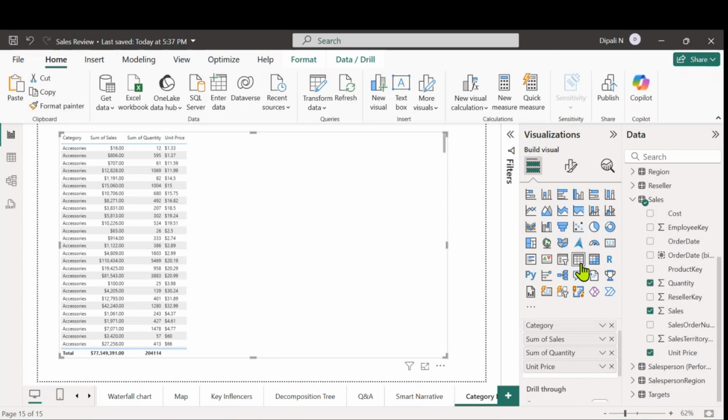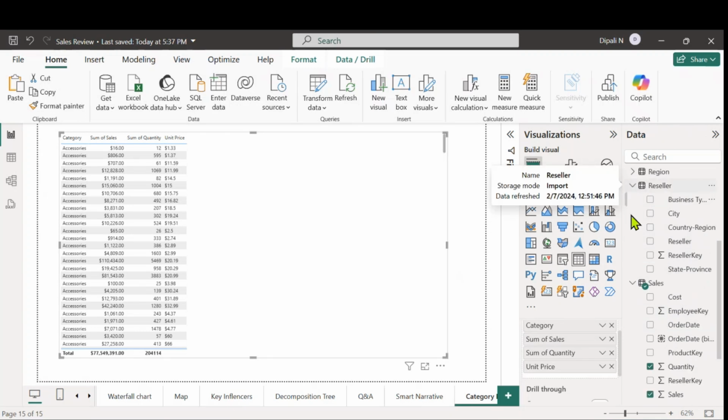Okay, I'm just taking a normal table over here. I want to see the unit price also. And I want to see